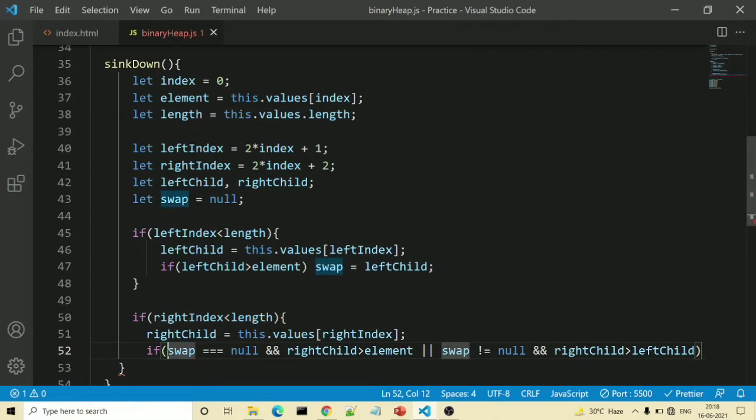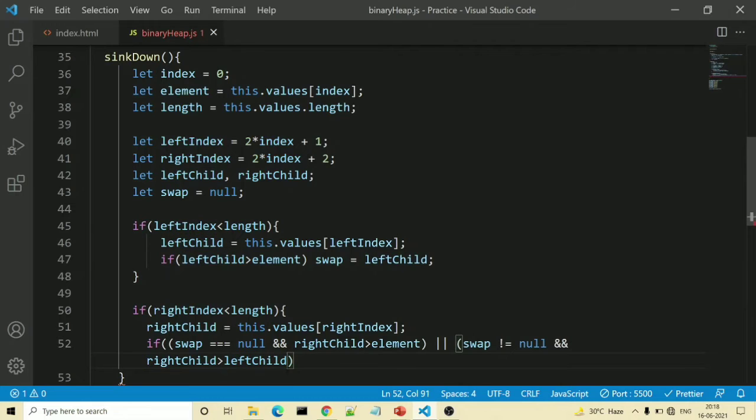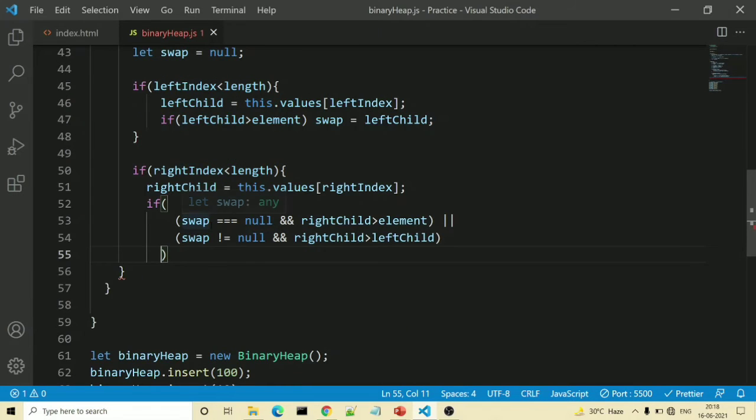So I will actually place both my condition inside a bracket to separate them out properly, and this also separately. So firstly I am checking whether swap has already occurred or not. If it is not occurred already and my right child is greater than the element, then directly swap it. Or there may be a condition, our swap has occurred, but yes, our right child is greater than the left child, and that condition also we need to actually swap the value.